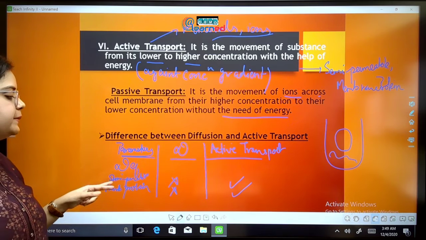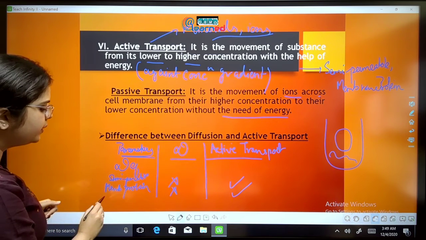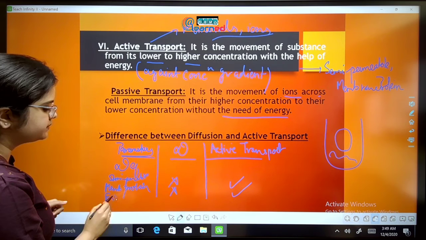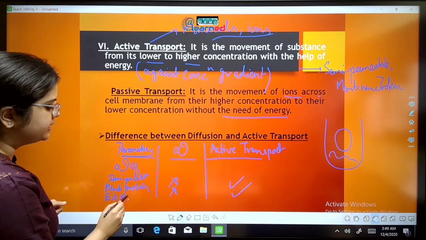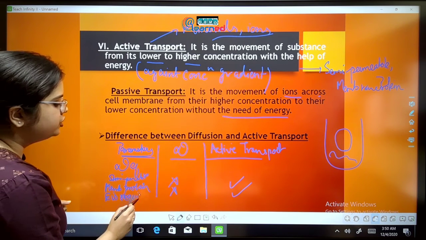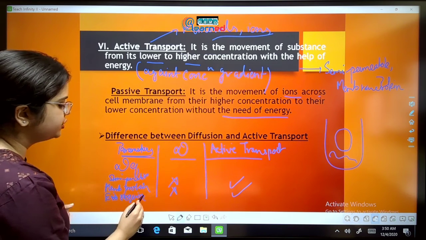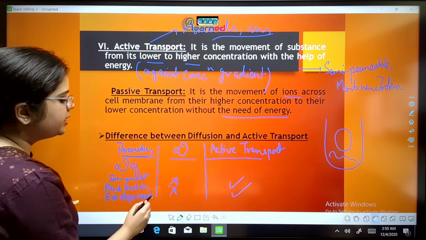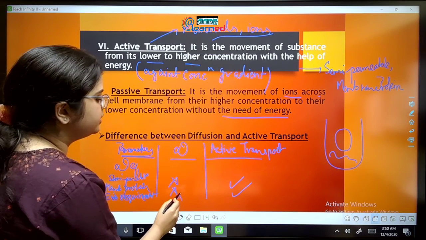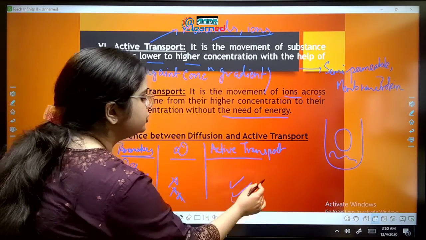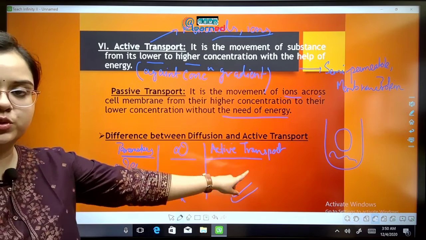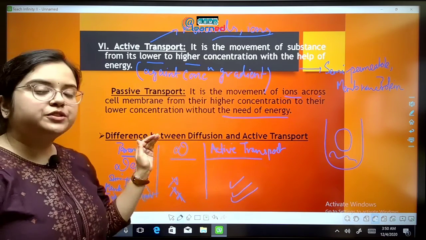Fourth point can be, whether energy is required or not. Energy requirement. Energy requirement is not there in diffusion. External energy is required in case of active transport. Why? Because in diffusion,